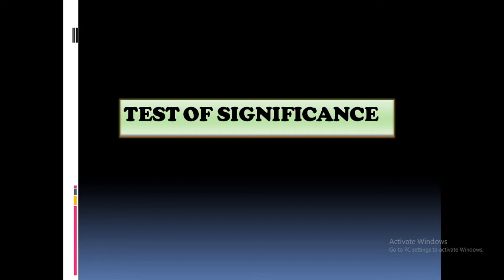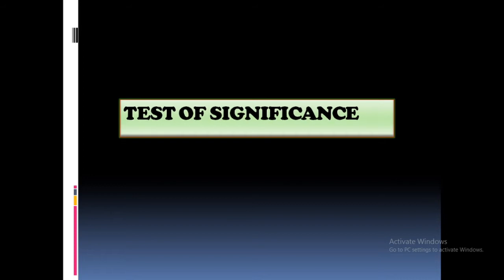So if you find some differences in the yield, meaning in one variety it is high and in the other variety it is less, by providing all suitable conditions, how can you predict or define whether these differences are true, or whether the difference is significant? What you got from your experiment, the result, which one is best, how will you select? In such cases we have to use the test of significance.